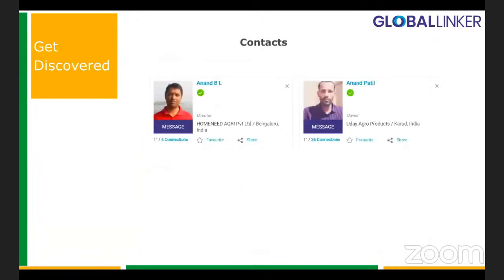So this is the power of what you add on your profile, and this is the output that it would give you. The second is, even if I'm searching for certain people, I would search as per company. I can search as per designation, and I would see different business recommendations by way of individuals coming up to me as well.